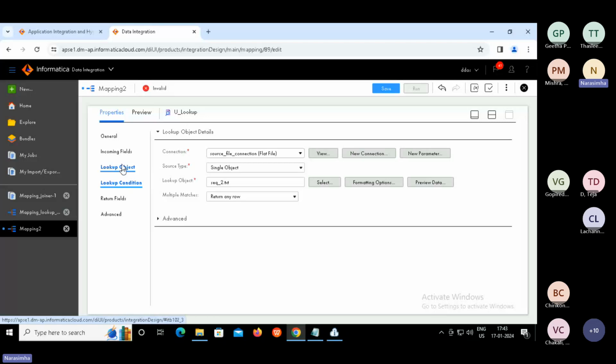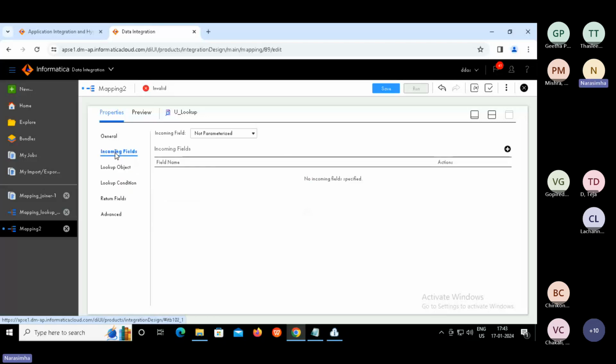And then as part of incoming fields, it's empty, right? So we can add one incoming field. Please click on incoming fields, guys. After that, click on plus. This is going to be, we can say, lookup input.